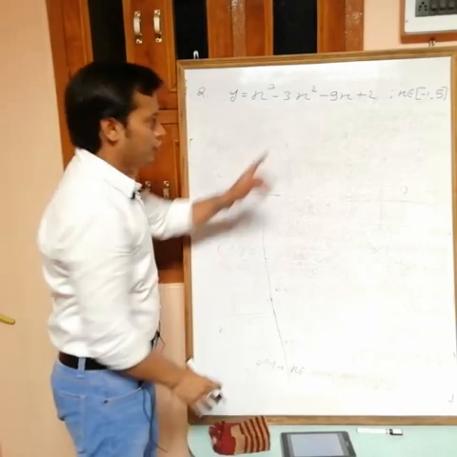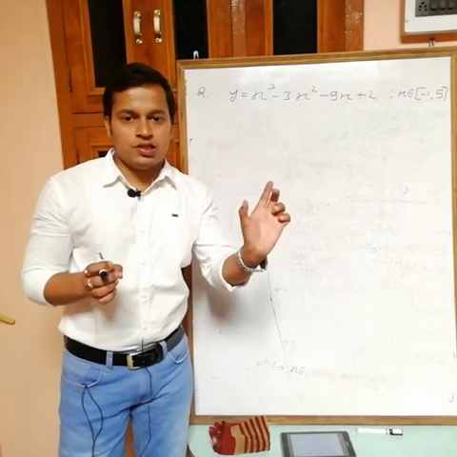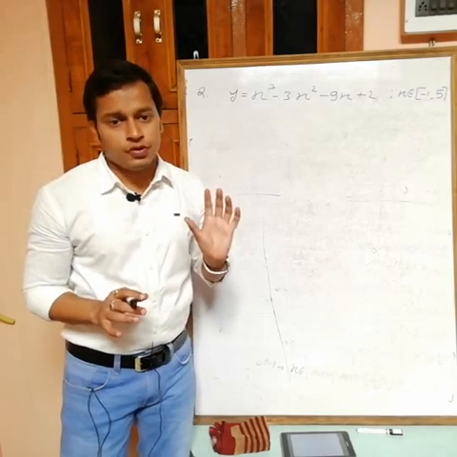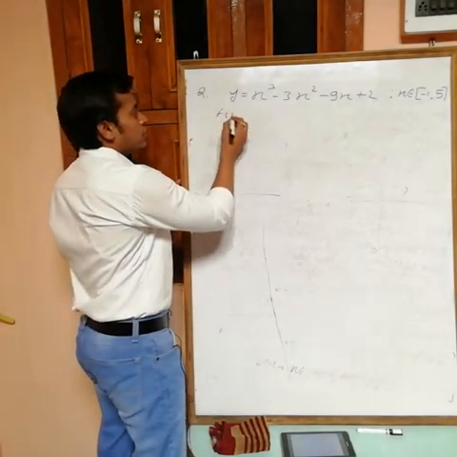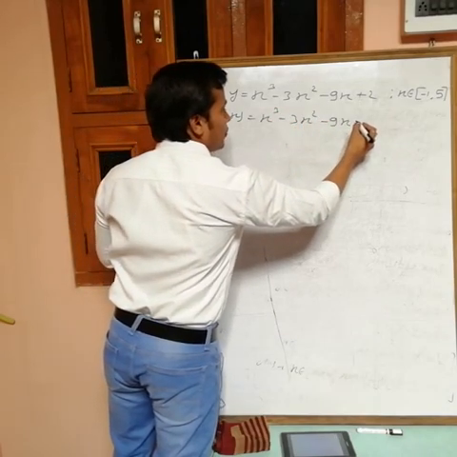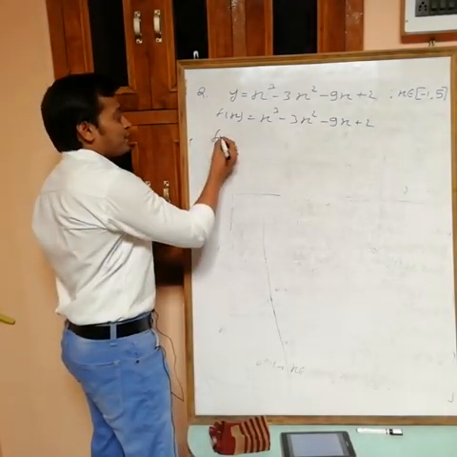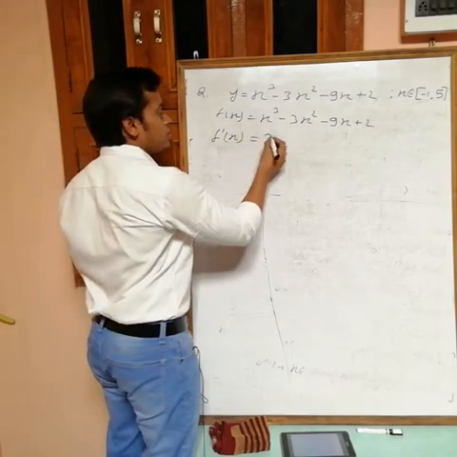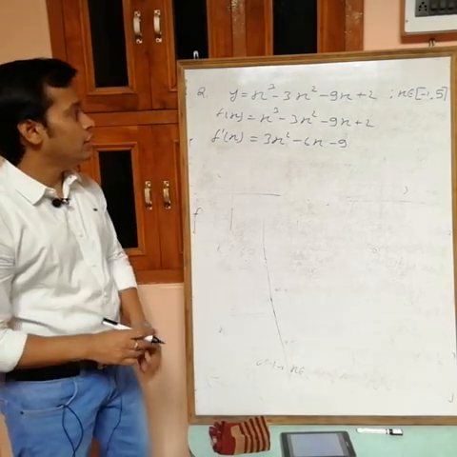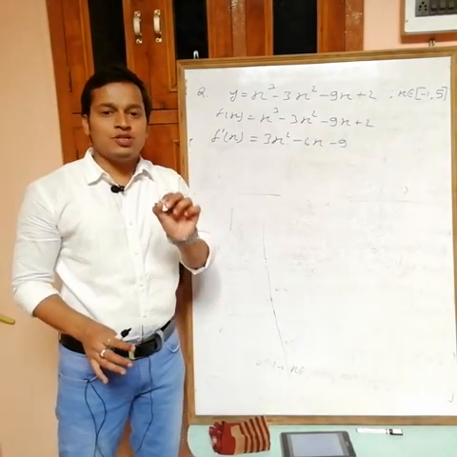But we want it for an interval. Now how to find the range for a polynomial if an interval is given? For that we have a fixed method. Use differentiation. Here f(x) is equal to x cube minus 3x square minus 9x plus 2. Actually this one is also done in 11th. f dash x is 3x square minus 6x minus 9. If you want the range of a given polynomial function in a given interval, then use the differentiation process.